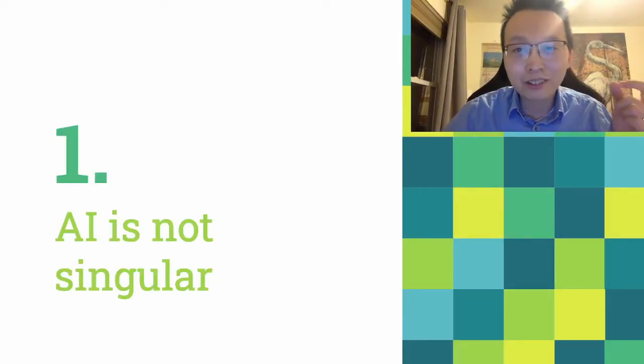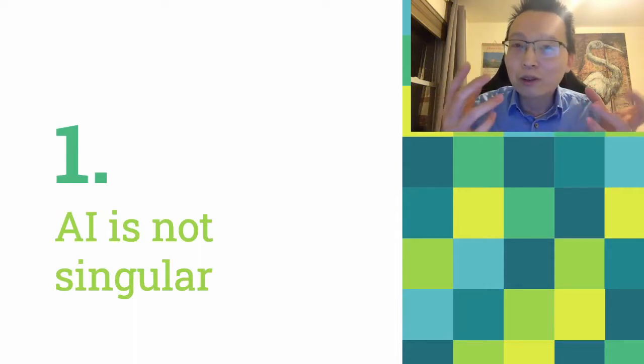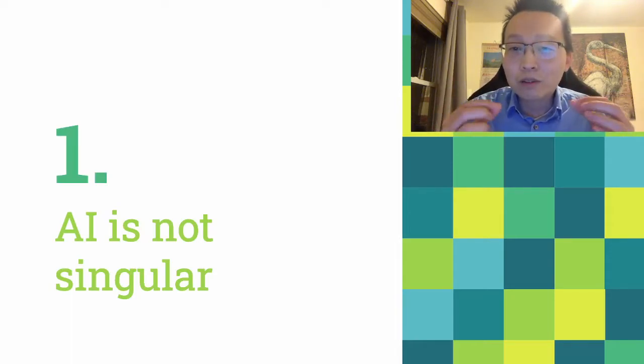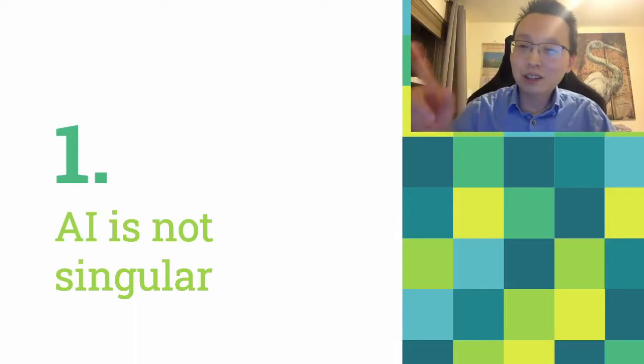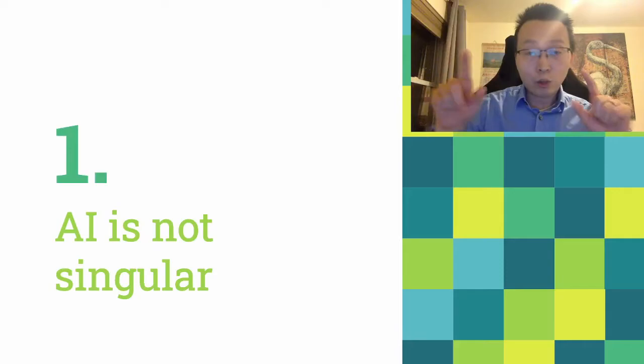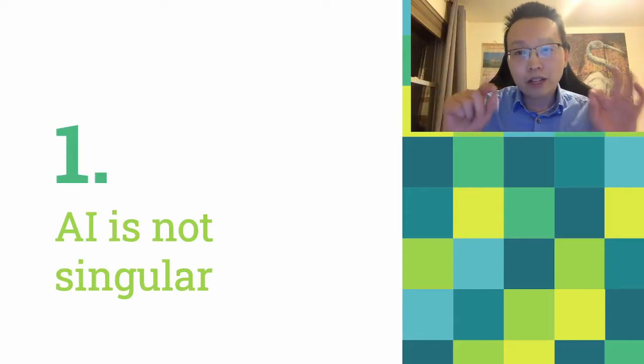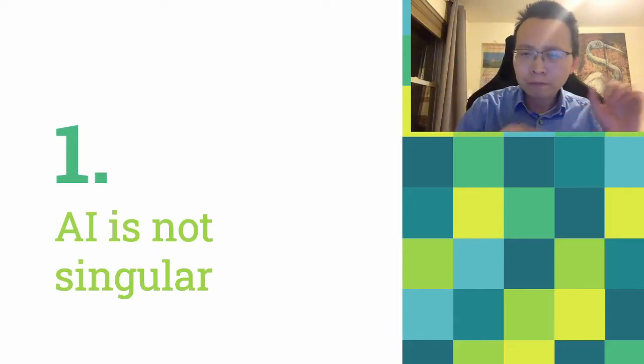First off, the film made it sound like it was just one model you have to check for bias. But as I have mentioned in previous videos, AI systems are generally not singular. They're usually multiple models strung together. For example, one of the models that I'm working on right now converts skills to numbers. The objective is to convert each skill to a vector of numbers, and if done well, skills that are related to each other will be closer in vector space.